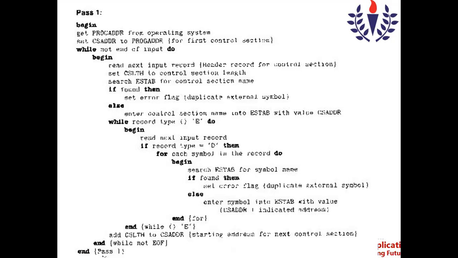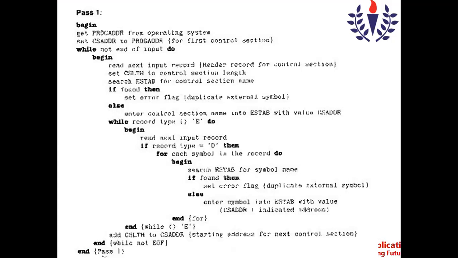What do you mean by this? In the program we had EXTDEF and EXTREF. As I already told you, EXTDEF represents the symbols which are defined. When these symbols are defined, definitely they will have some value.